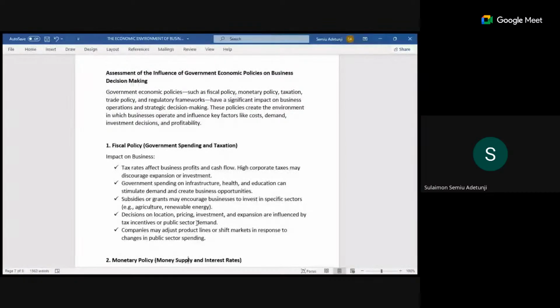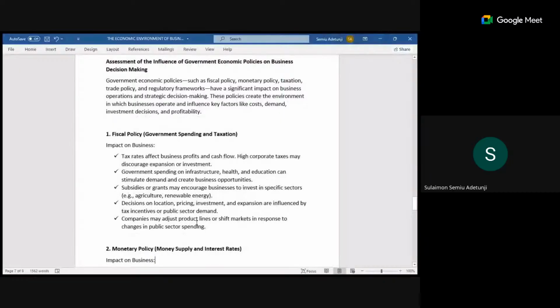Government economic policies such as fiscal policy, monetary policy, taxation, trade policy, and regulatory framework have a significant impact on business operation and strategic decision making. The policies create the environment in which business operates and influence key factors like cost, demand, investment, and profitability. So what are the policies and how do they affect business decision making? Now, for fiscal policy,